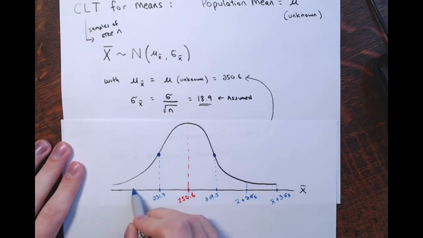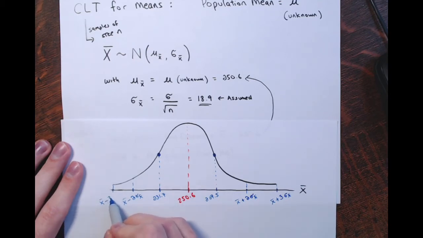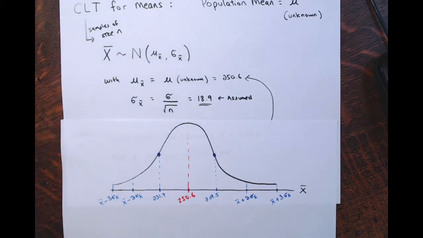Then we'd go 2 standard deviations below, 3 standard deviations below. So here's x bar minus 2 standard deviations, minus 2 times sigma x bar. Here's x bar, our point estimate, 250.6, minus 3 sigma x bars. Okay. And then we just have to recall what the